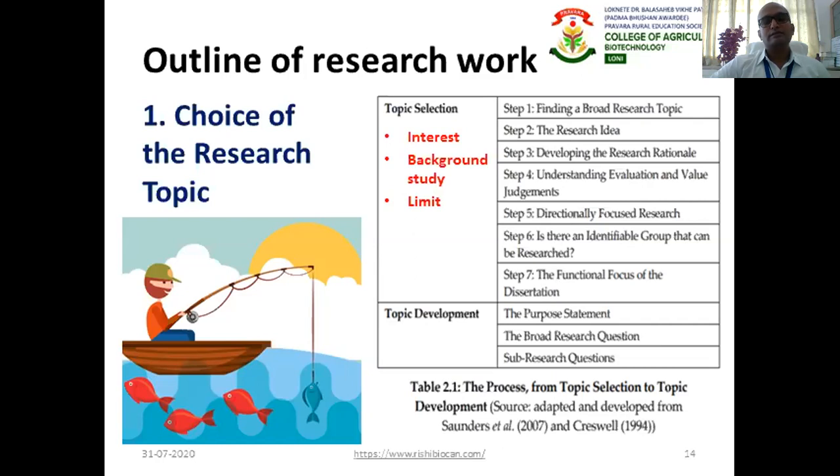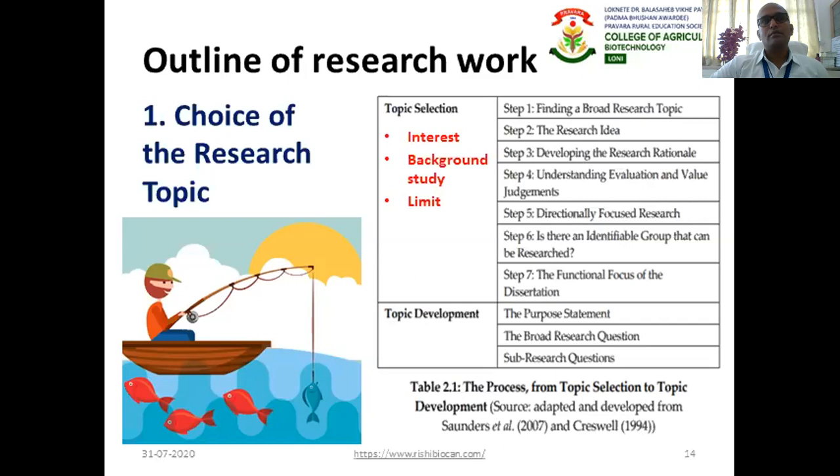So we'll go step by step. In this table 2.1, it is a process from topic selection to topic development. The first step you should follow, for any student, is finding a broad research topic. What is the meaning of broad research topic?